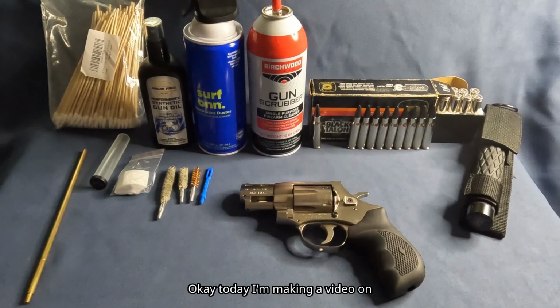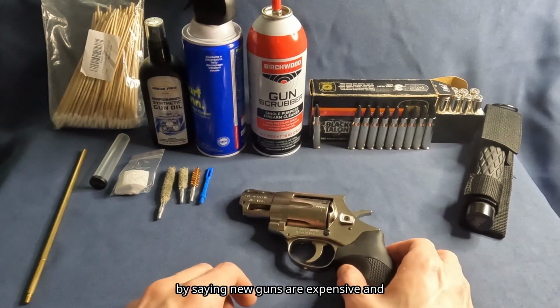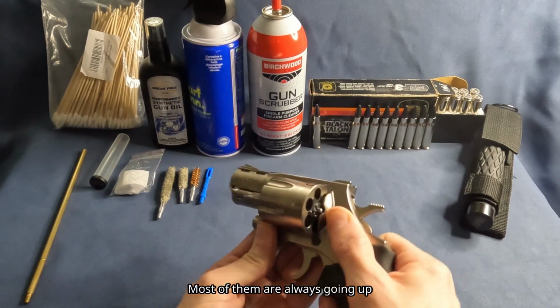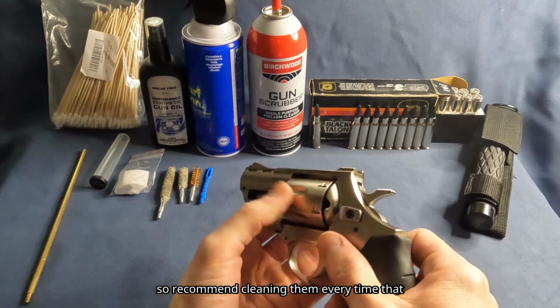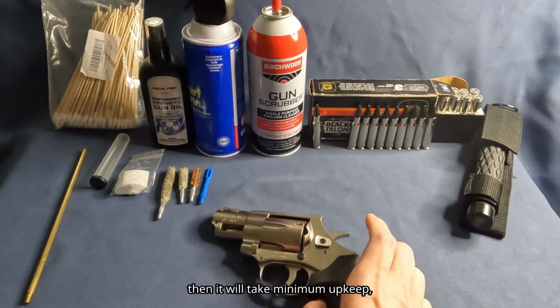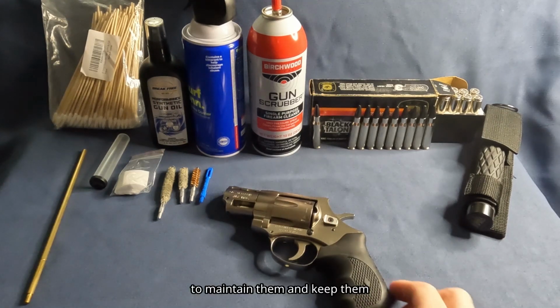Okay, today I'm making a video on how to clean a revolver. Now there's many different ways to do it, but this is the way I do it. I did want to start the video by saying, guns are expensive and they are an investment. Most of them are always going up in value. So I recommend cleaning them every time that they're used. And if you clean them every time, then it will take minimal upkeep to maintain them and keep them operating